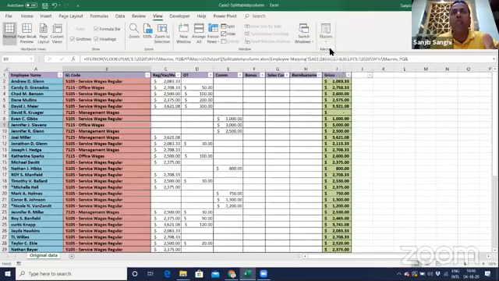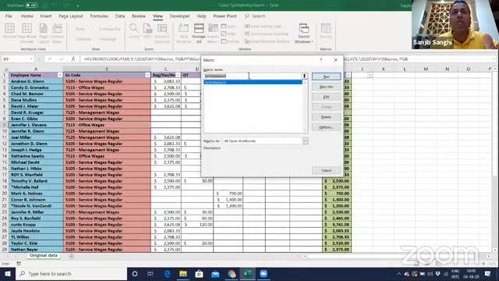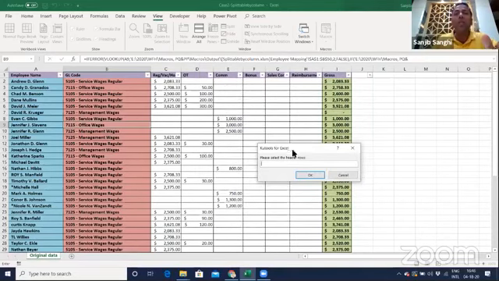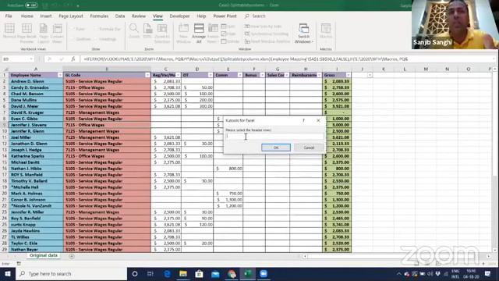I go back into View Macros and see there's a macro already here. Now see what I will do. I run this macro. Once I run it, it says please select the header row. This is my header row. Control Shift Right, done. Okay. And then it asks to select the column you want to split data.